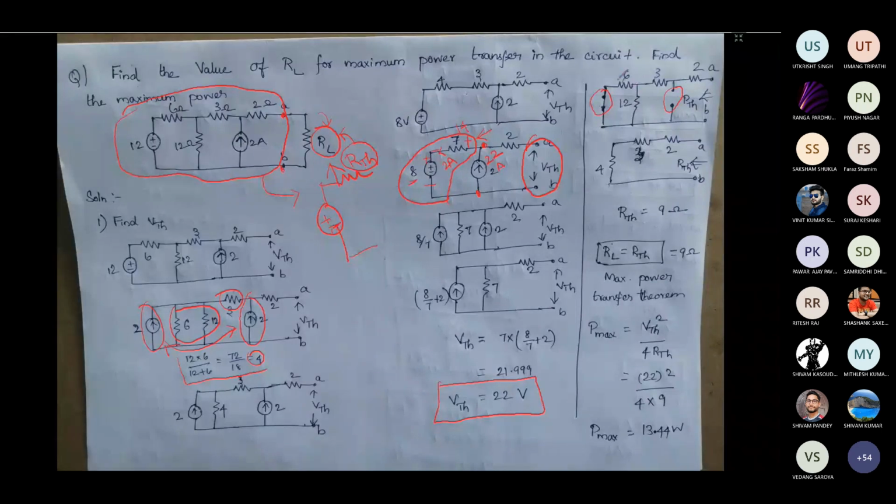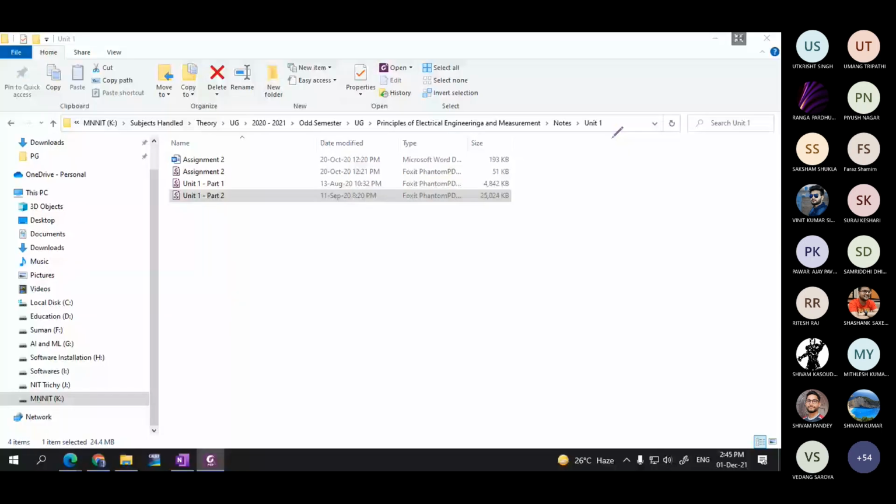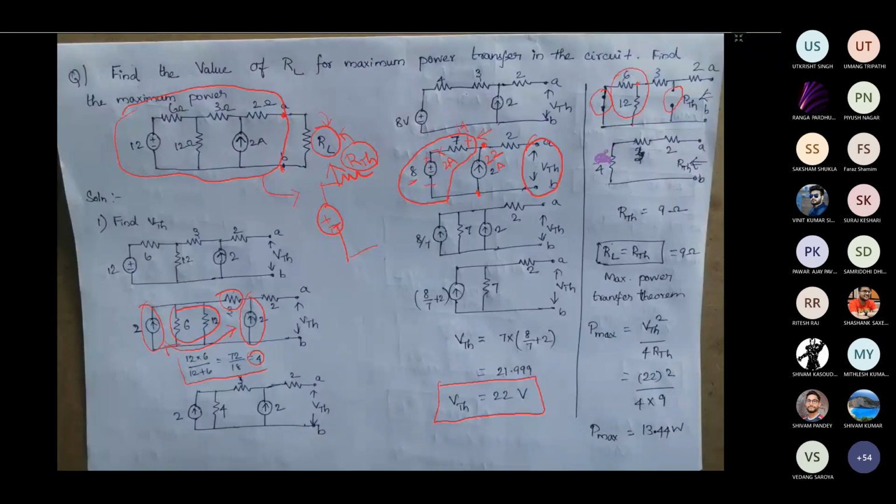In this remaining circuit, you can see that these two resistors are in parallel, because both their starting and ending terminals are the same, and there is no voltage drop between any of those connections. So the 6 ohm and 12 ohm are connected in parallel, so you get the equivalent resistance as 4 ohm. Then that 4 ohm is in series with the 3 ohm resistor, and again in series with the 2 ohm resistor. You just add all these three, and you get R Thevenin as 9 ohm.